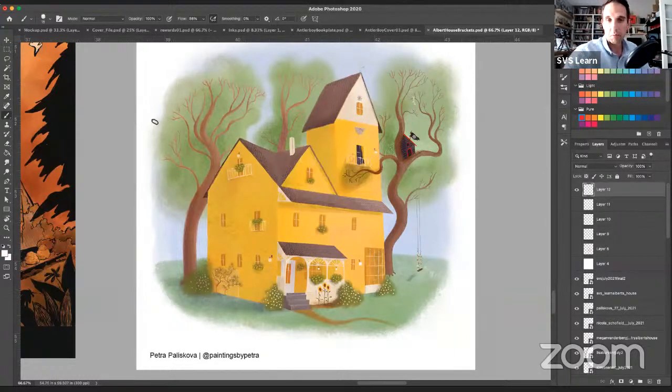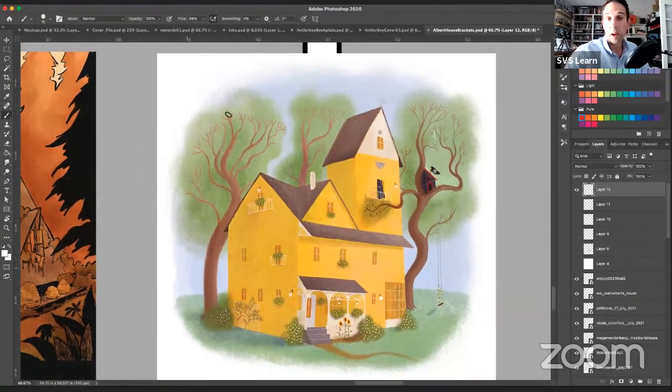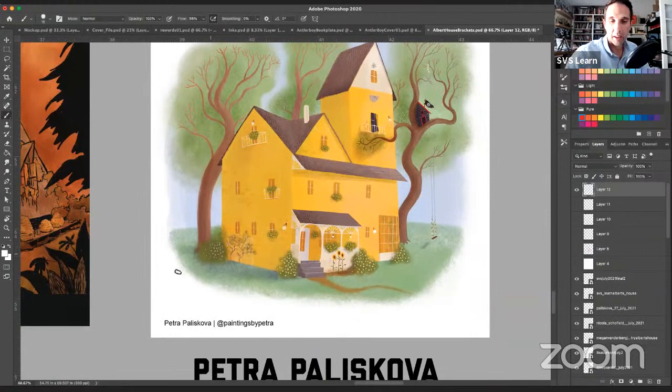So I'd say knock yourself out with the clouds, or with the sky in the background. But how cool would it be to have little bits of grass showing up here, and maybe in the grass you've got a little bit more,